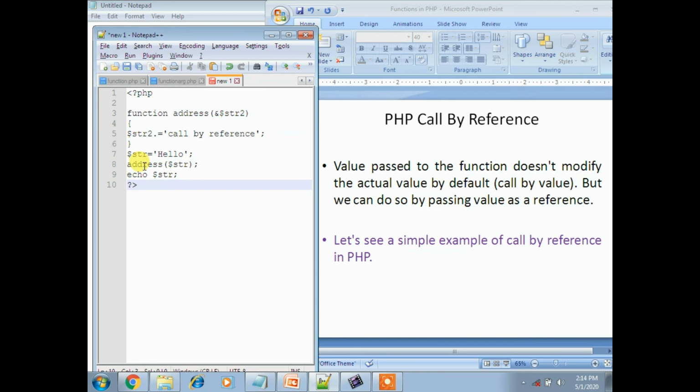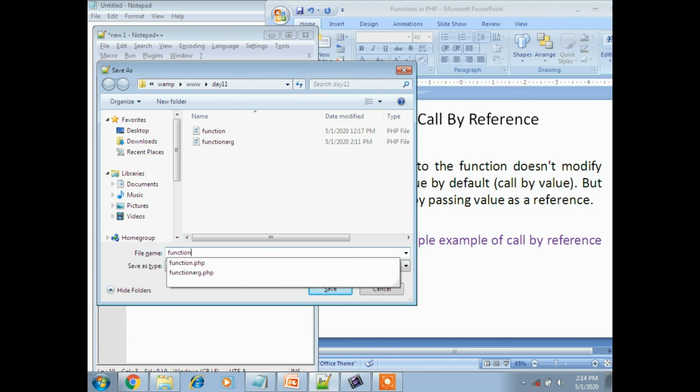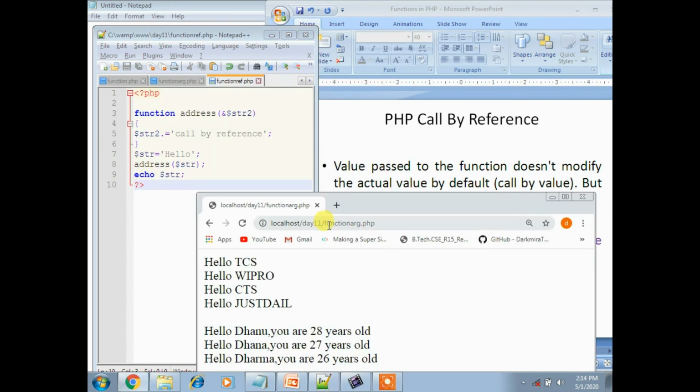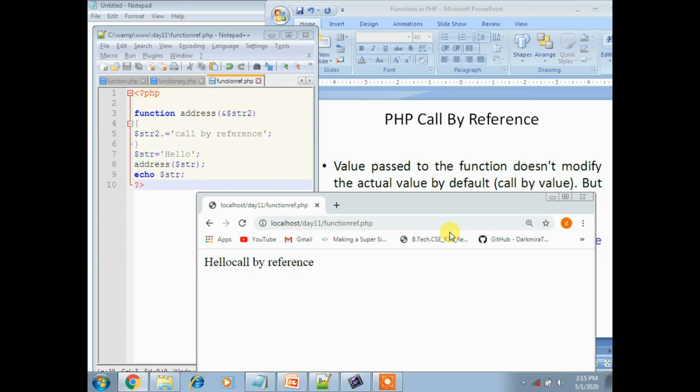Now I am saving this program with the file name function_ref.php, and now execute the program. Now it displays hello call by reference.